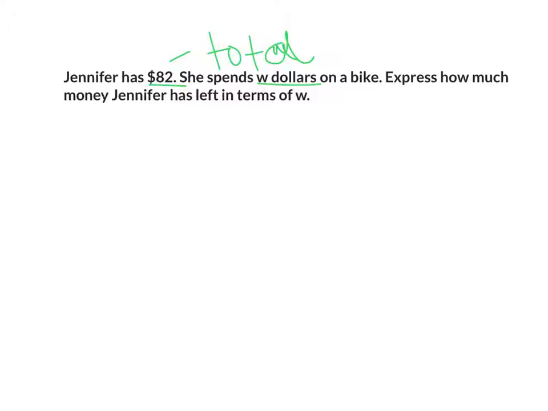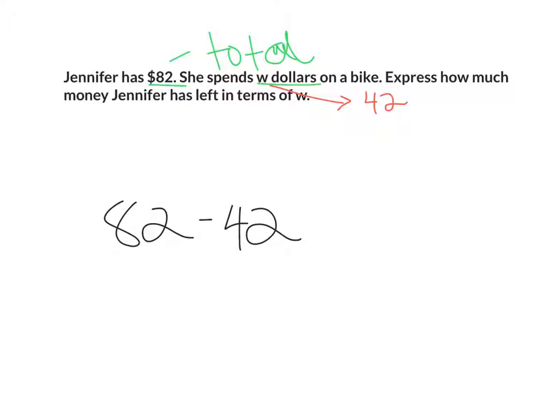Well, as we've said before, sometimes it's easier to think about the variable and just give it a made-up number. So let's pretend she spent $42 on a bike. How would we figure out how much money she has left? Well, we would start with our total. That was $82. We would subtract the $42 that she spent, and then we would know how much money she